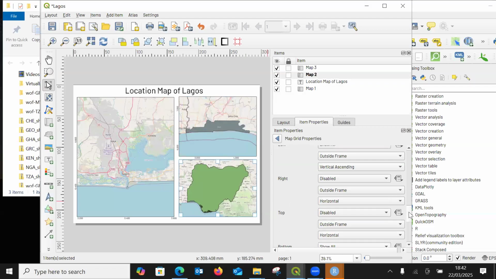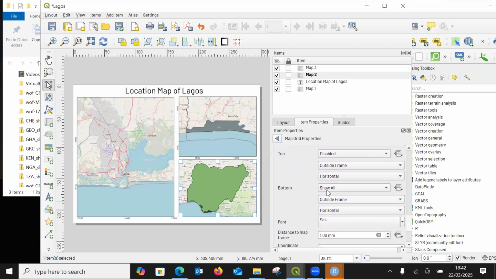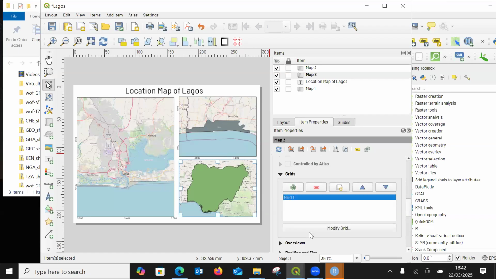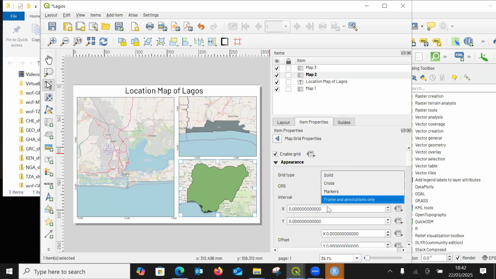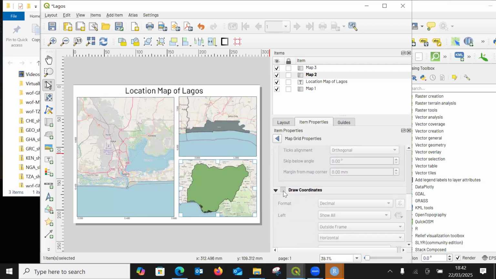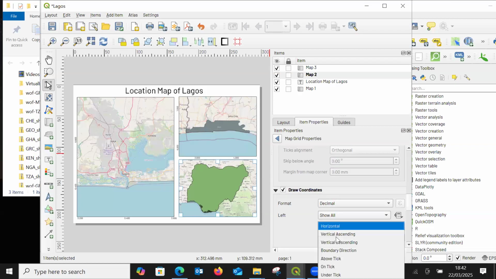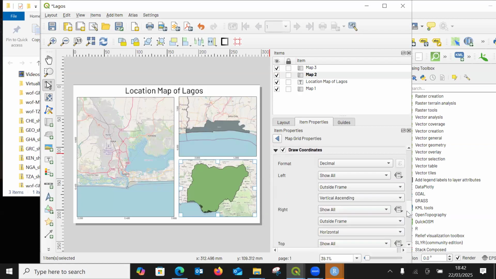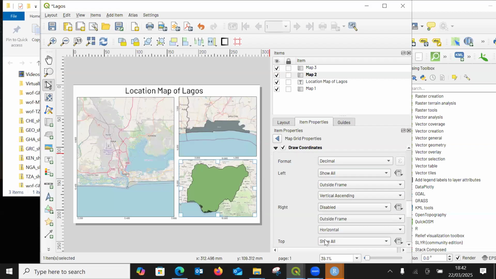And finally, I could finish up with Nigeria over here. I've selected Nigeria. I'm showing now the grid, modify grid, frame and annotation, fit segment width, and then I'll draw coordinates, and then over here vertical ascending, in the right I'll disable, and the top I'll disable. Oh, sorry, top, I'll disable. So it will appear like this. This is like the normal layout